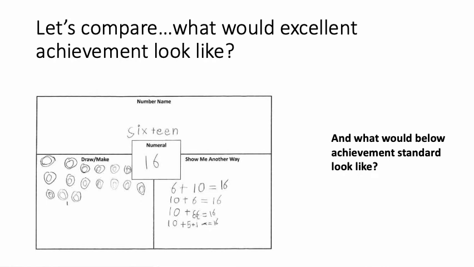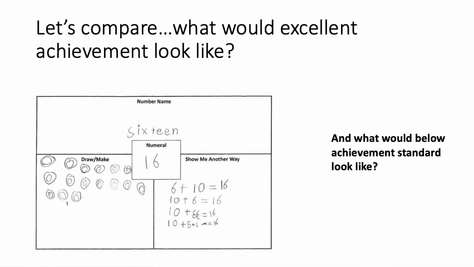They have then given us multiple ways of representing 16, including the breaking down of it into the 6 plus the 10 and so on, and multiple ways of doing it, the reciprocal nature of the 6 plus 10 and the 10 plus 6. Then they've done our 10 plus 3 plus 3 and our 10 plus 5 plus 1. So they're really understanding the idea that 16 is made up of a 10 and some other numbers as well to make 10. So it's got one lot of 10 and 6 lots of ones, and they've broken the 6 lots of ones up into a range of different things. So that would be our high achievement.